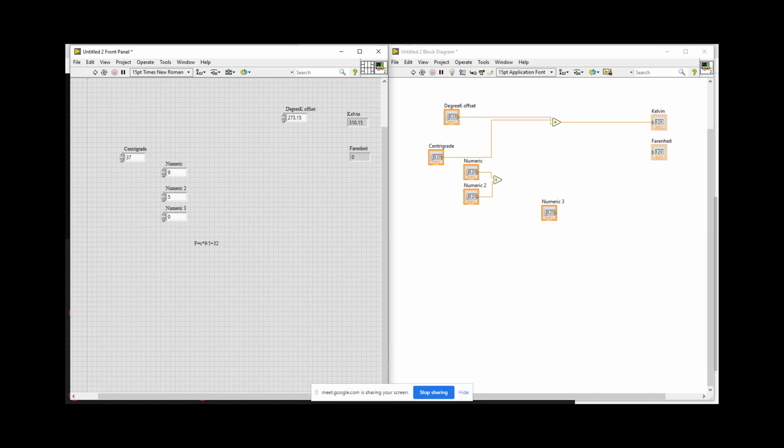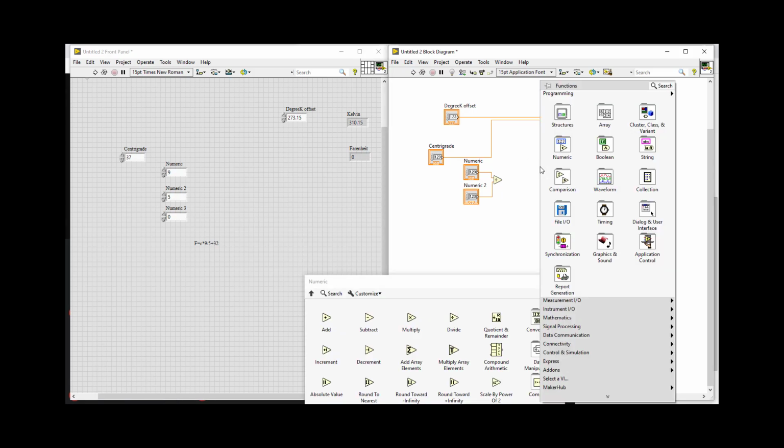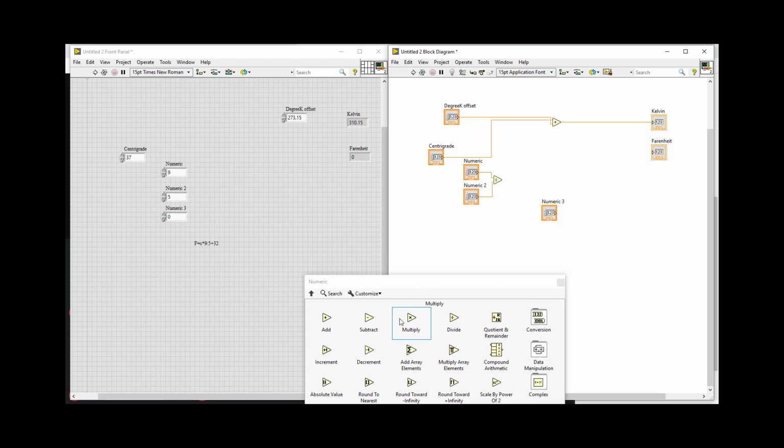Again, let's right click here. Okay, and let's take one multiplication operation. And yes, you can take any number of branches from any wire. So right now I am going to take a branch from this wire, and that will draw a branch only if the mouse pointer is converted into the wire bundle.